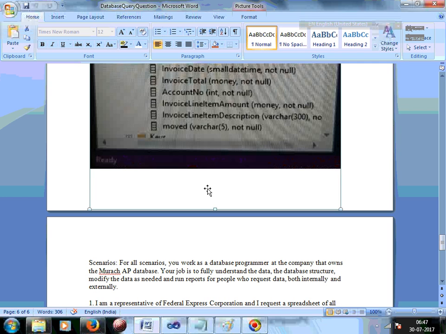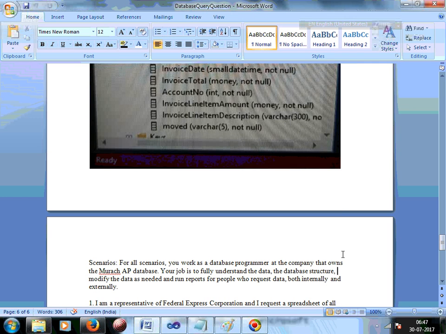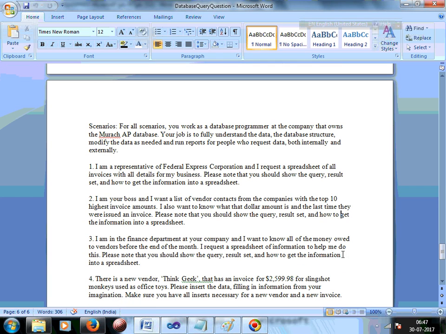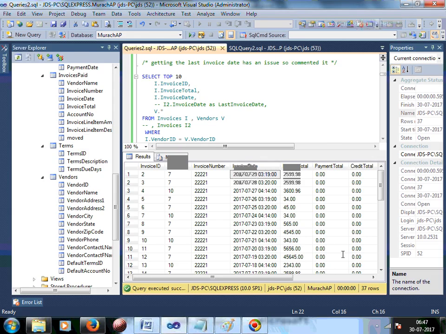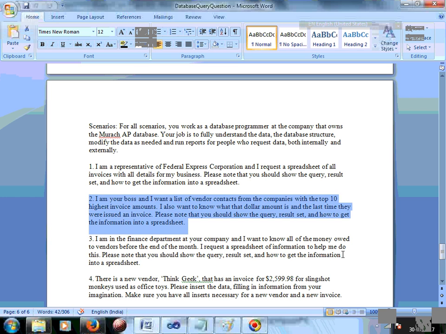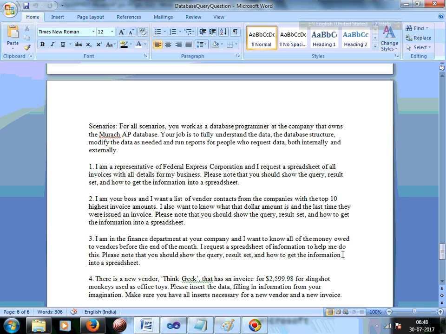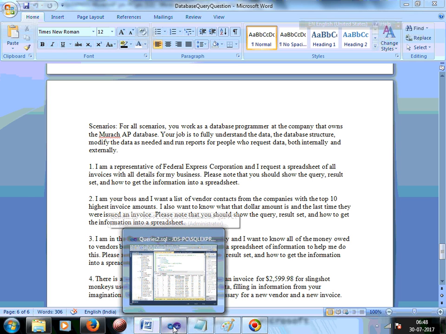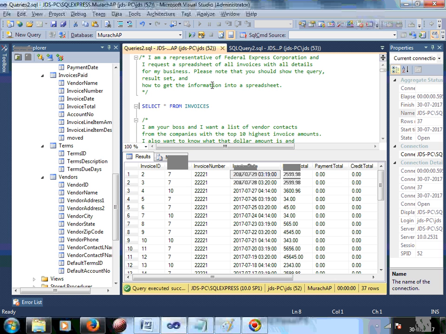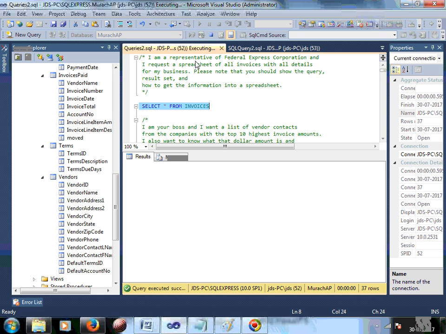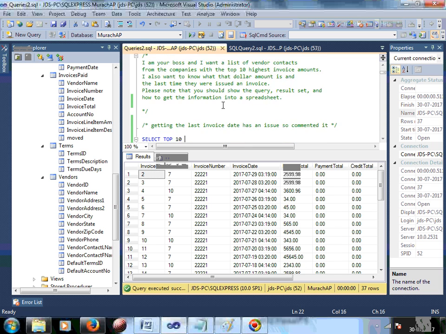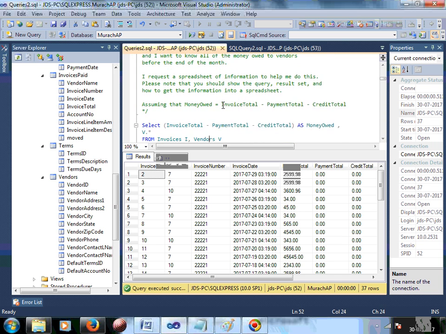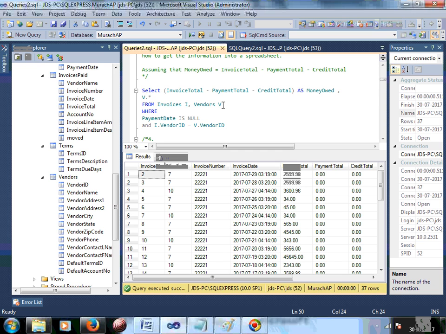So there are 5 queries, and the first query was about getting the invoices. The second query was a little complicated. And the third query was about money owed. So let's see quickly what I have done on the first query. First query: select all the invoices. So the invoices over here, you see, select all invoices. That is fine. We'll come back to the second query later because that has 2 parts and one part is